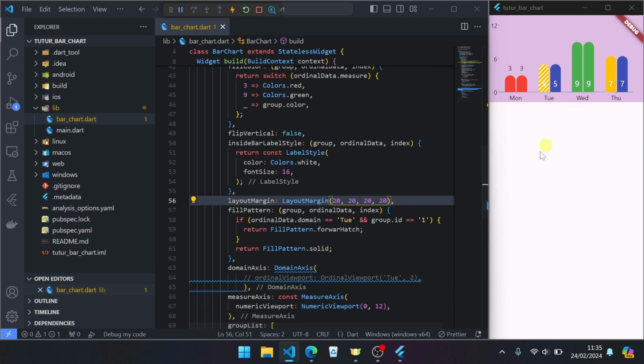For example, to bottom, left, top, right, bottom. Set 40. Press start again, like this, 40. 40 is from line domain to this.